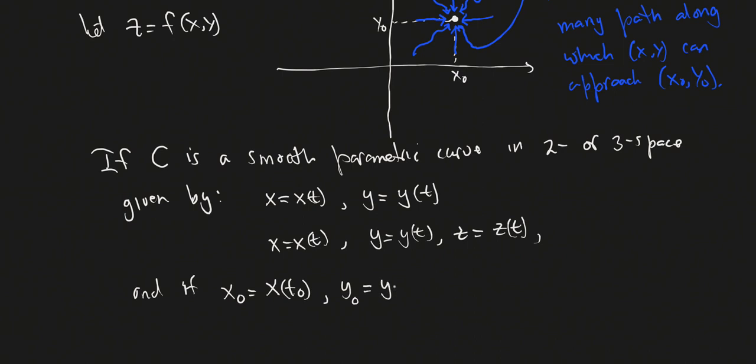So it looks like this, and z0 equals z of t0. So in other words, if you know the value of t that forces your curve to produce this point, the smooth curve,